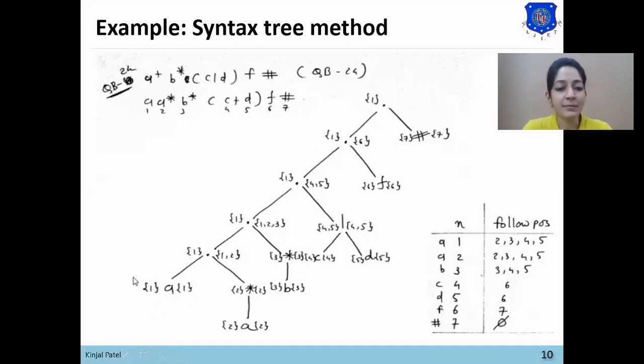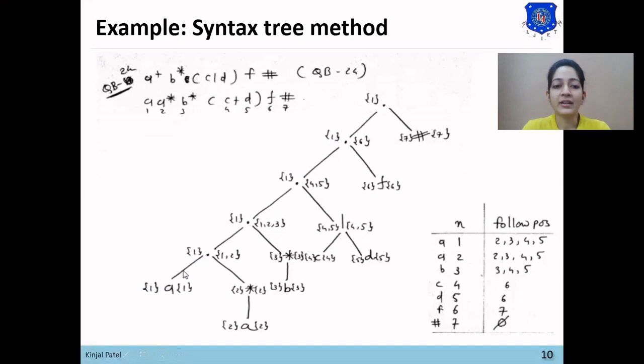There can be A star, A star B star, A star B star C or D, or A star B star C or D F. But there is A which is compulsory, so the rule of nullable will not be applied for all the dots. So the first position of the child will be copied down in all the dots.